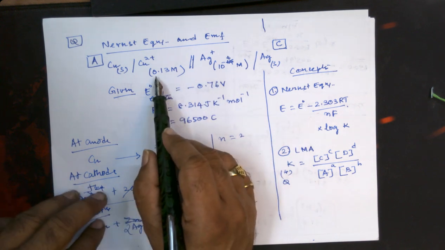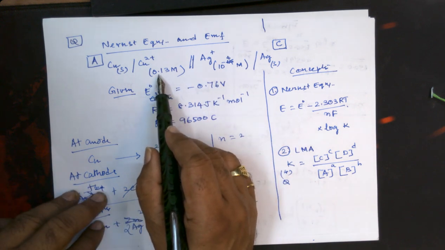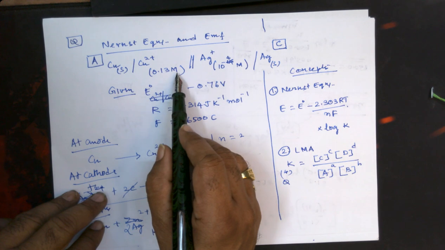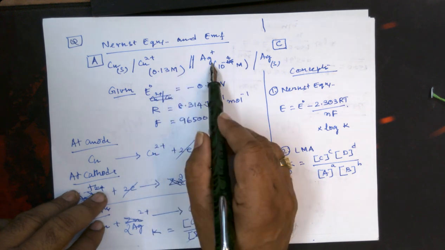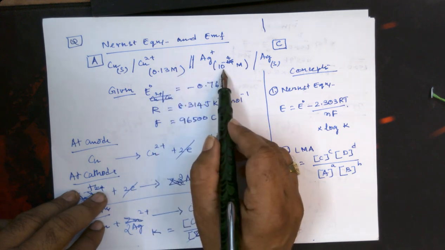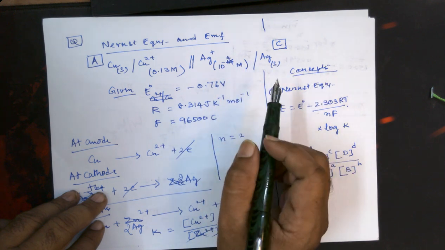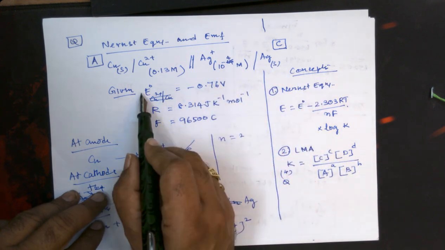So the concentration of copper 2 plus is 0.13 molar, whereas Ag plus is 10 power minus 4 molar solution. The given values are